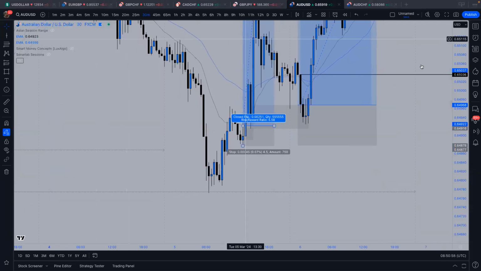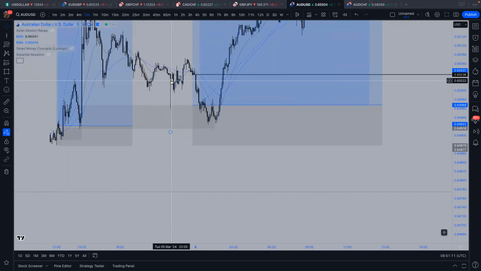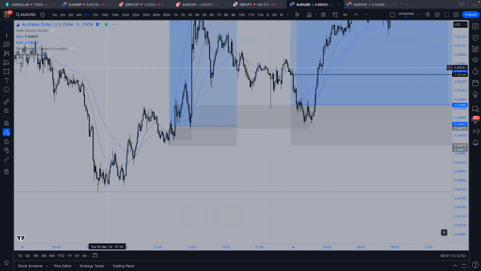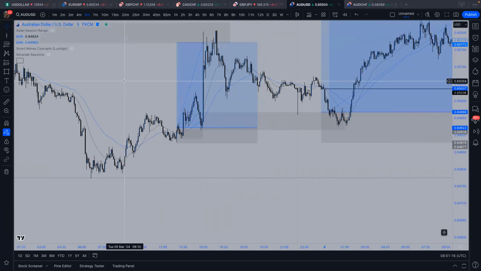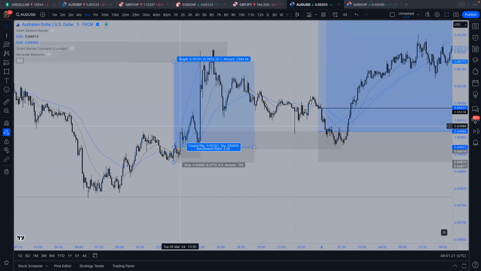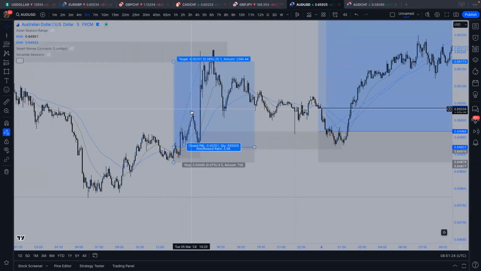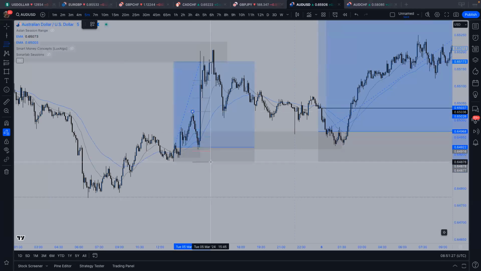So from this point, as soon as we took the low, this was going into London session. So we came down Asian London, we were starting to head up. Drop it down on a 5 minute. On the 5 minute, we had a break of structure, then we had a pullback, and then we had that break of structure, and I was simply looking for the pullback anywhere into our fib levels.